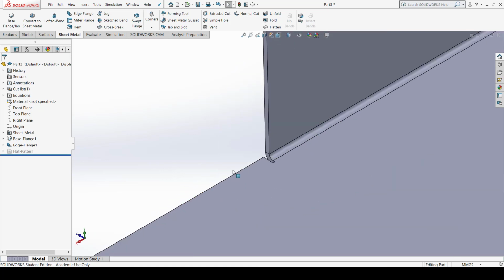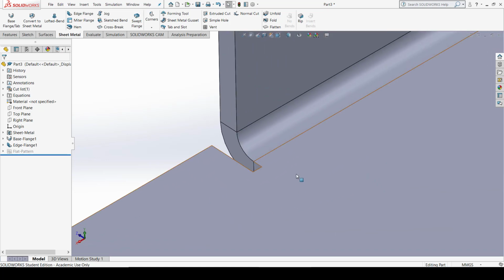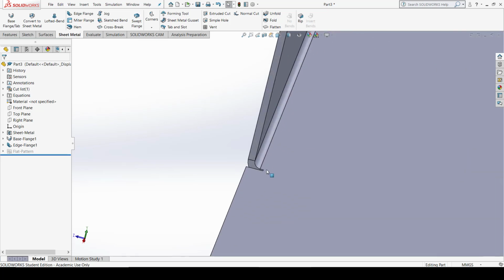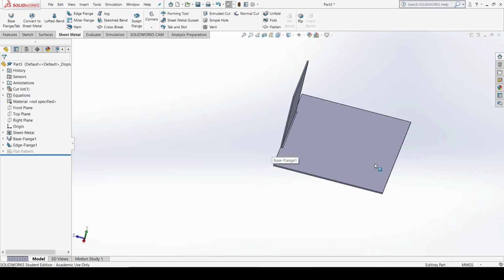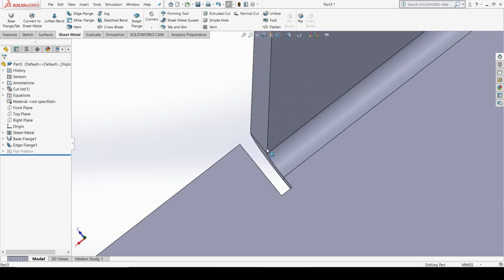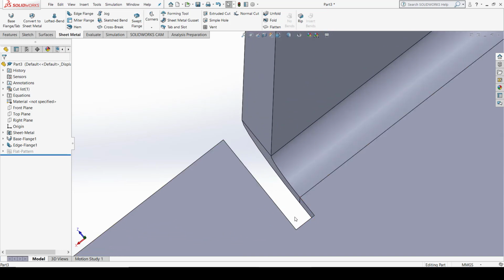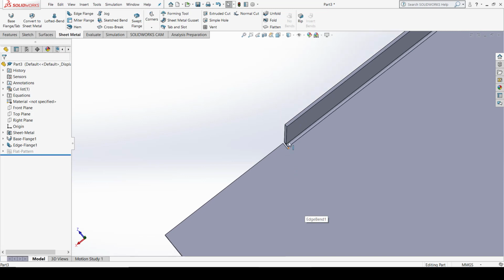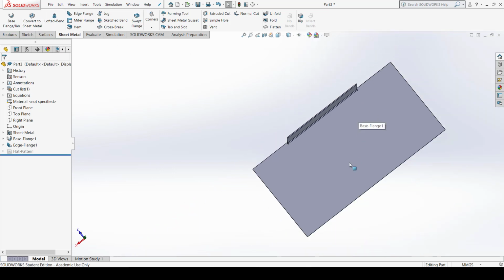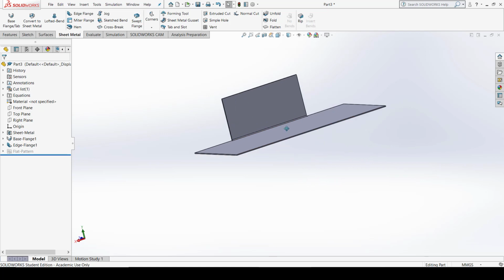So you can see this is your flange which has a bend radius of 1 millimeter, and it is starting from inside the material with a height of 50 millimeters. Okay, and you can see we have a relief of rectangular shape having 0.5 millimeter here, 0.5 millimeter here. Okay, so this is your relief. You can give the relief as obround, or you can give the relief as a circular profile also. So this is how you can define the edge flange.